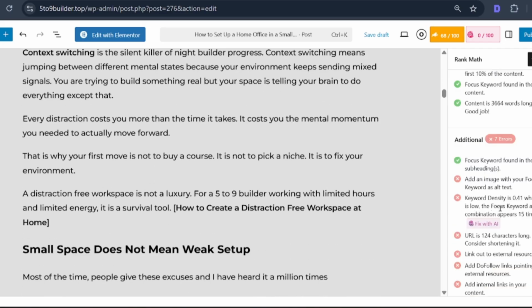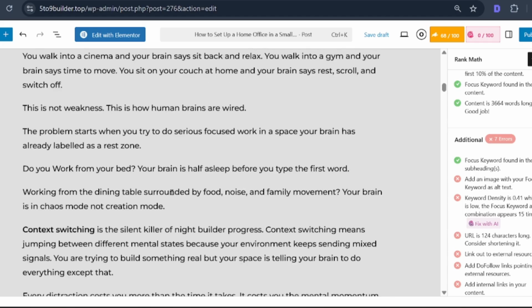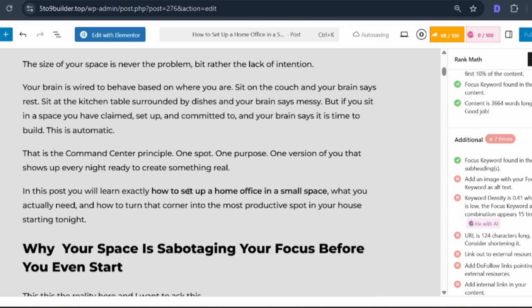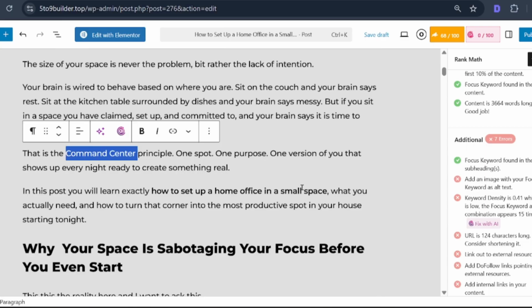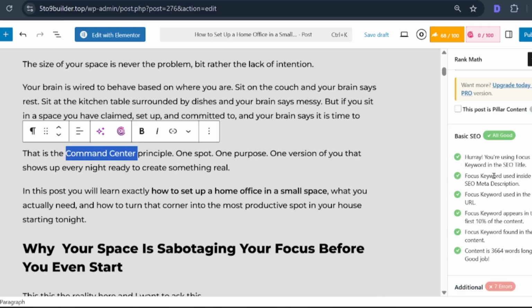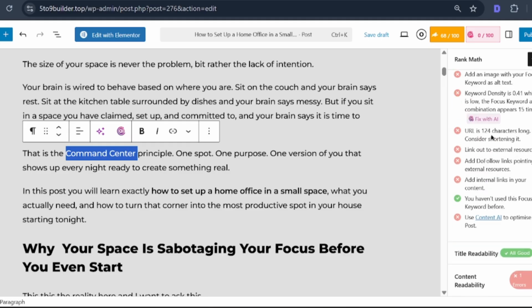Okay, so I've added the command center to it, which I can see is one of the common keywords in the text, in the blog post. So I'm adding it as another target keyword. Okay, then I will